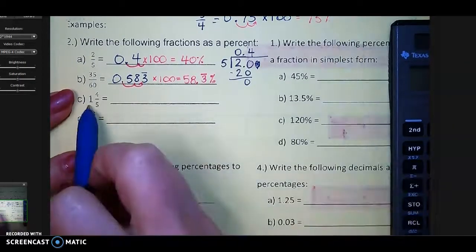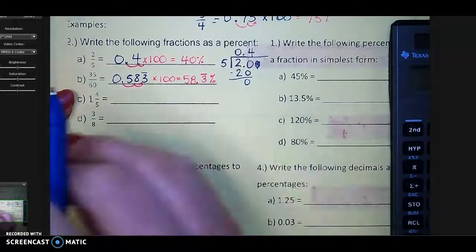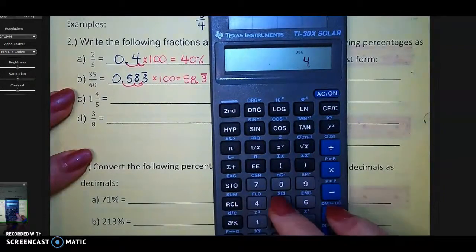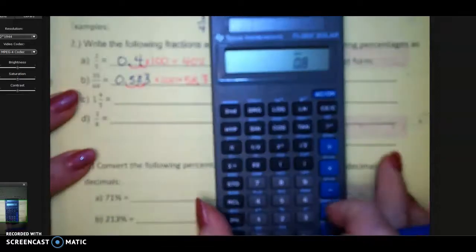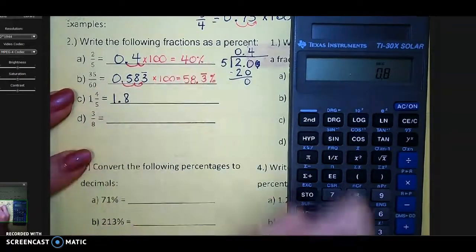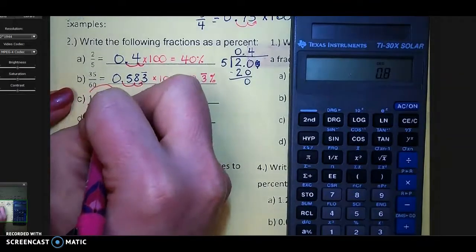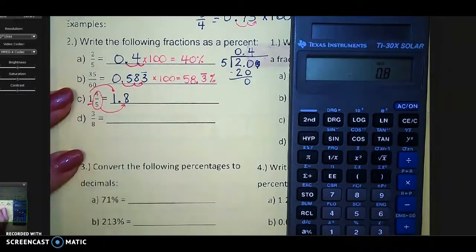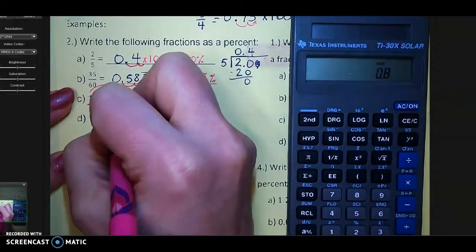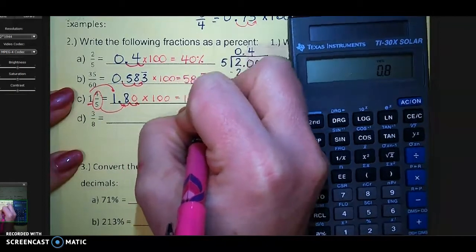This next problem, this 1 means I have 100%. So I have 100% plus some more. So when I do 4 divided by 5, I get 0.8. But I have this 1 in front of it. So this is the same as 1.8. Whatever the whole number is, I keep it as a whole number, and then just this fraction becomes my decimal. When I multiply by 100, I move 2 spaces over, and so that's 180%,